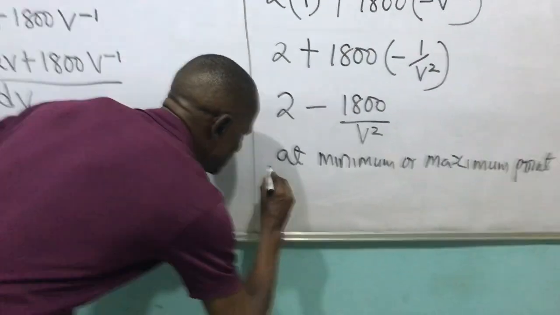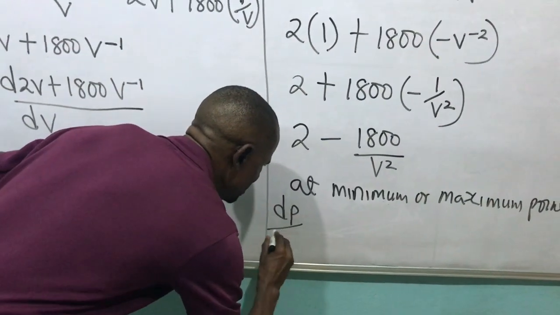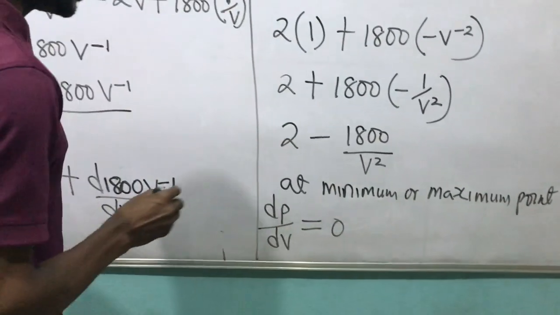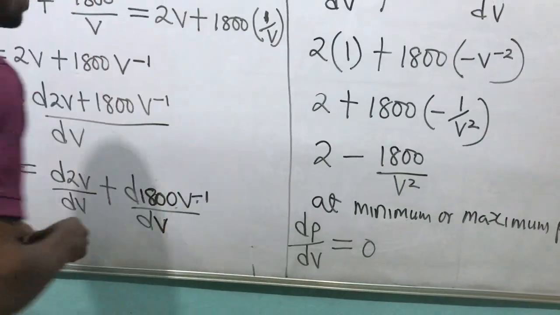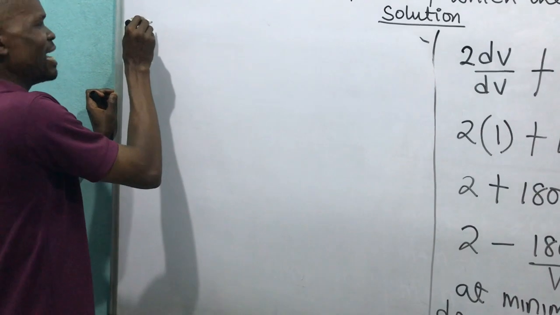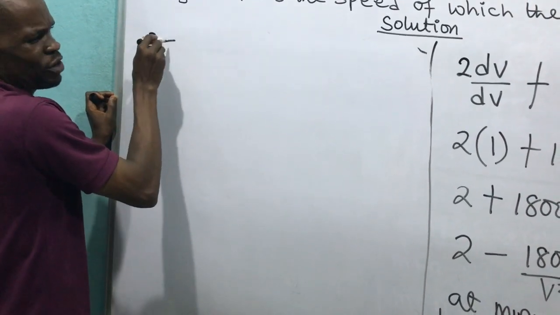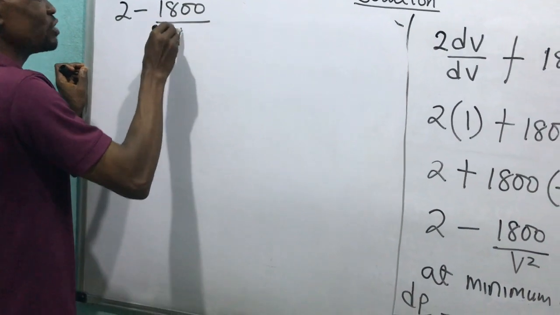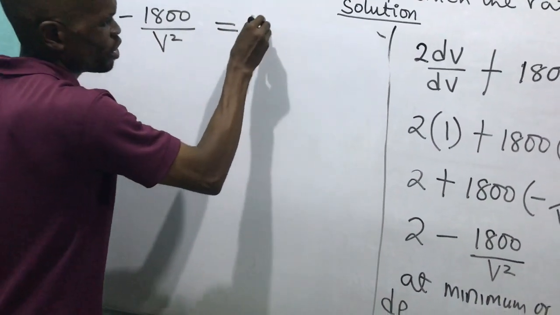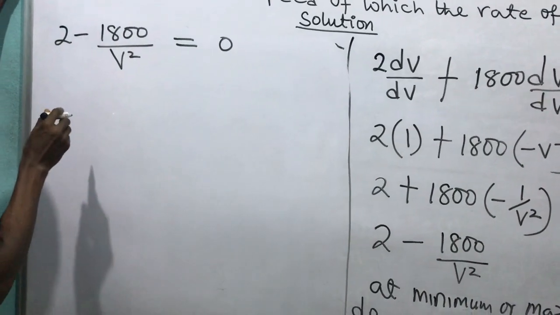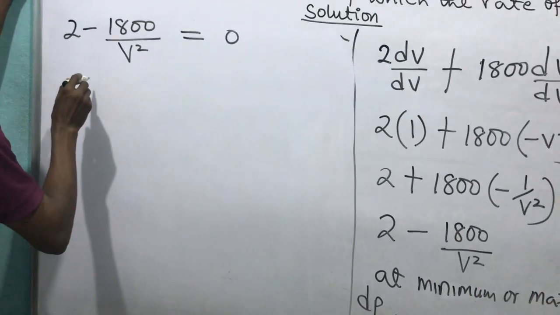We have that dP/dV is equal to 0. At minimum point, we have that 2 minus 1800 over V squared is equal to 0. Then now, making this the subject of the formula, I'm going to have that